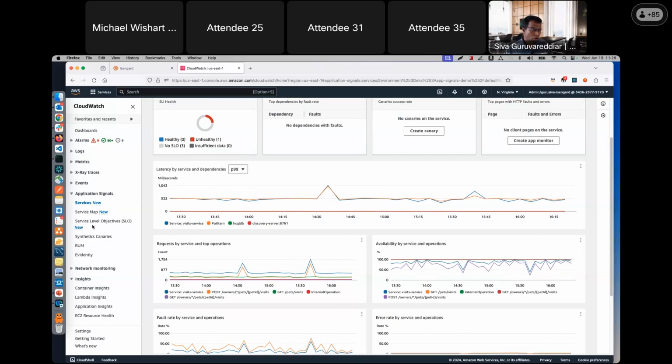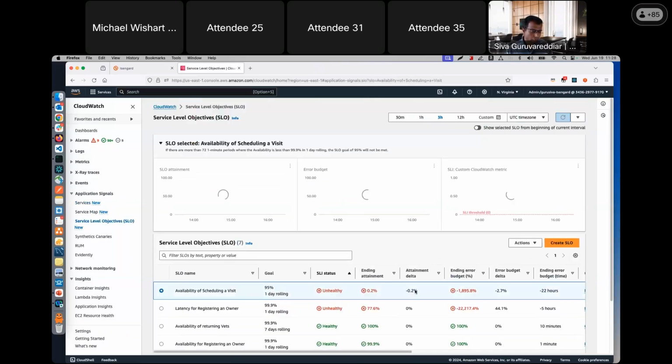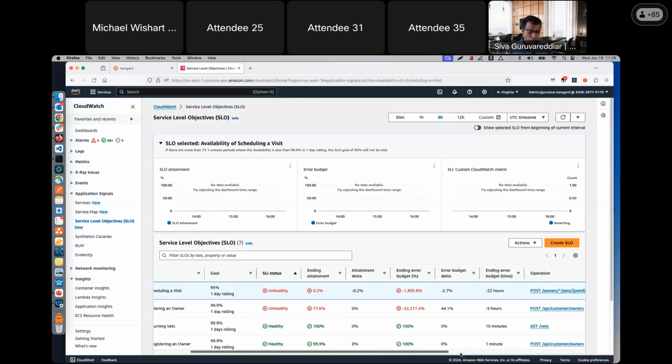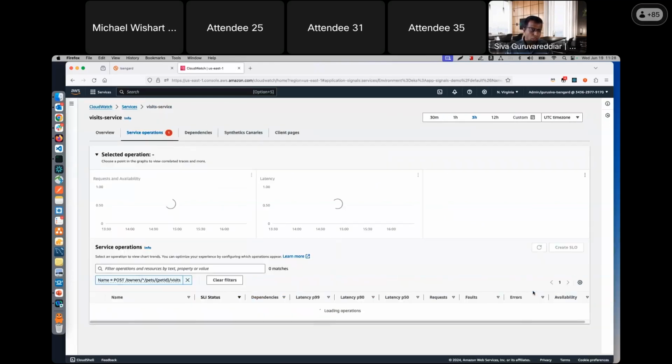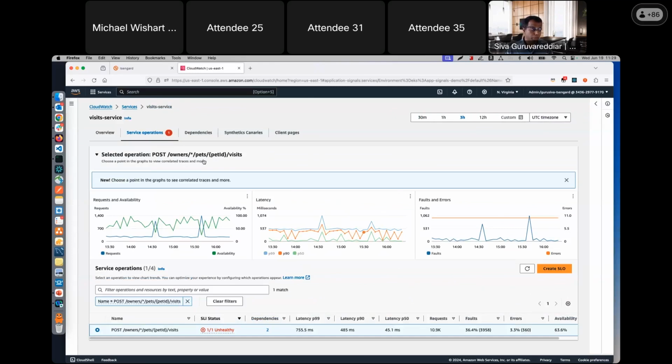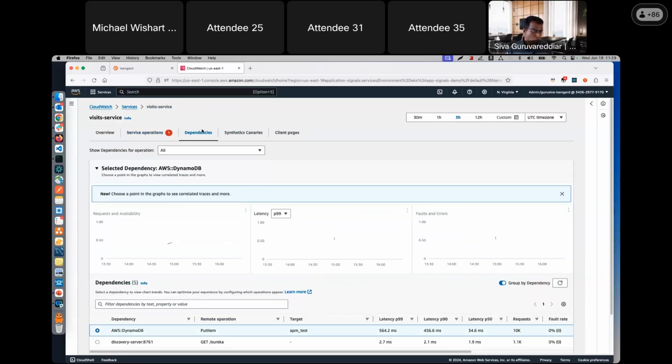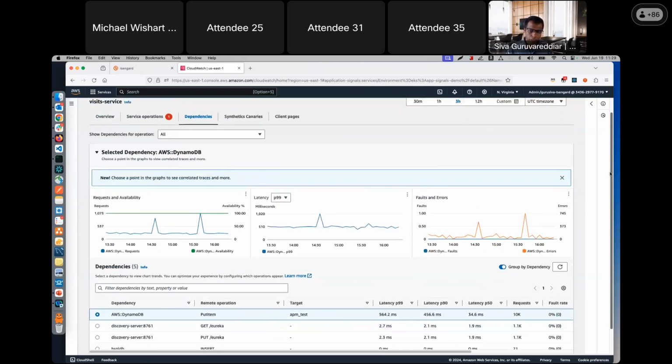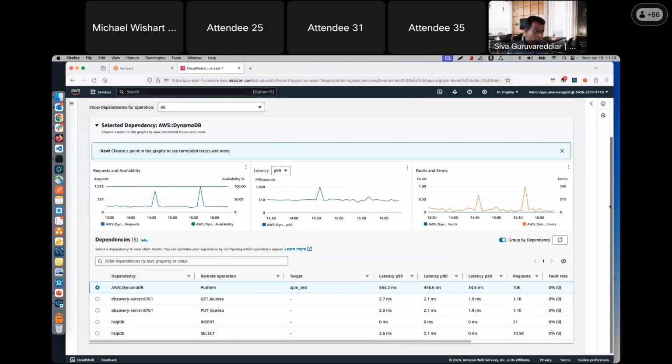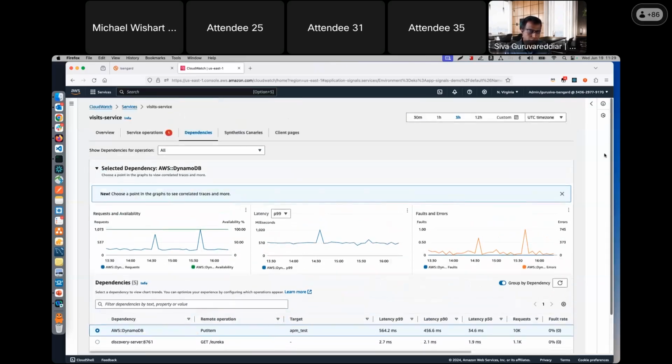So getting back to our thing, we identified some of the things, okay, and what happens, why my synthetics, or how my synthetics are running, or how my dependencies are running, even though my SLO is breached. If you wanted to know all this information, you can go to the dependencies tab. And from here, you will be knowing all your dependent services. As you could remember, this particular visit service is talking to a DynamoDB table. So it will say, the put item call, how the latency is going on, like P99, P90 latency.